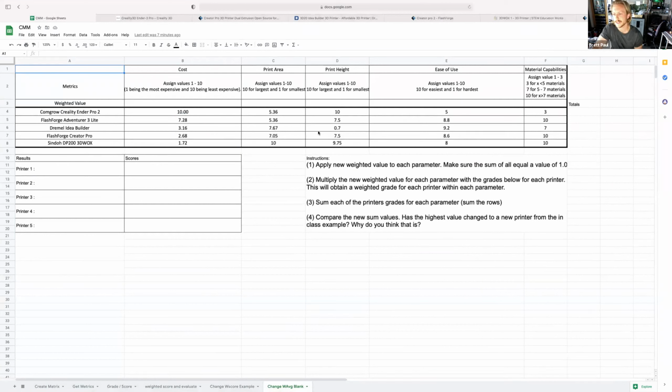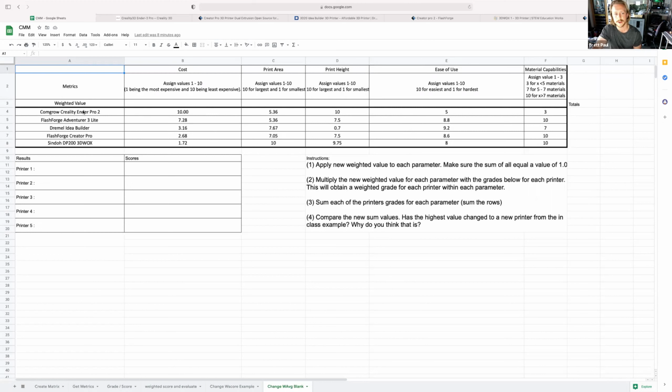You're all going to see this, okay? What you're going to want to do, as a group, is put in the weighted values, and they have to equal up to 1. And then I would say delegate 1 column to each person, and they're just going to multiply that weighted value by the score that we've already given the printer. So if cost is really, really important to you, maybe even 0.5, you're going to do 0.5 times 10, 0.5 times 7.2, so on and so forth. So 1 person will do that, 1 person will do that, and then you as a group will